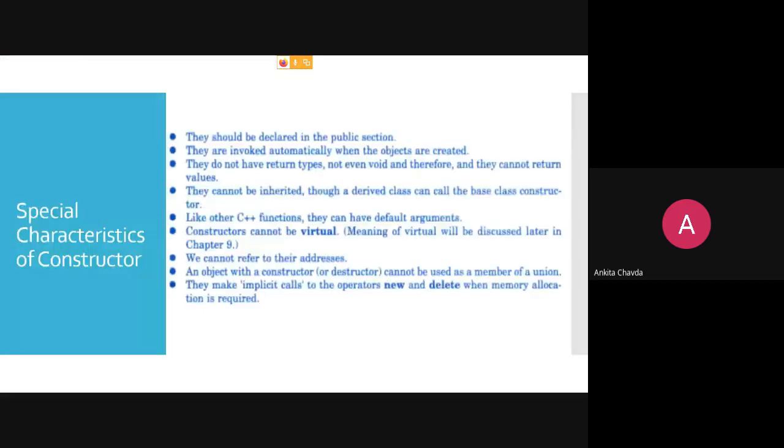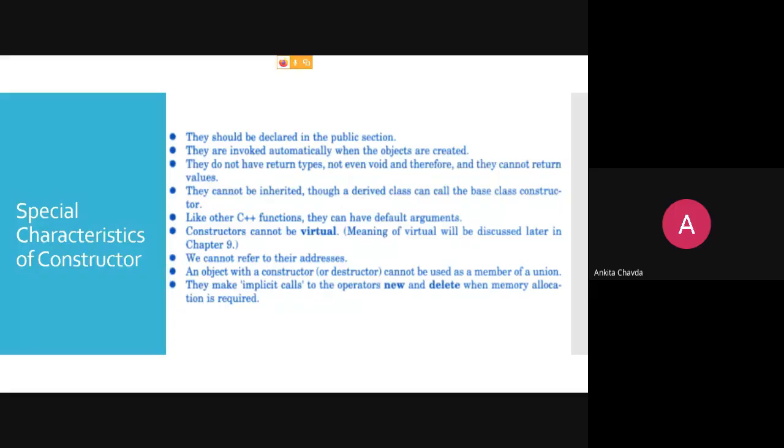Then they can't be inherited, though a derived class can call the base class constructor. Here you haven't learned yet what inheritance is, that we will see in our 6th unit. But right now what I can say is, whatever properties are there with your parent, they will come into the child class if they are in the public section.